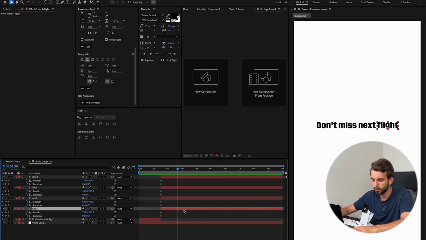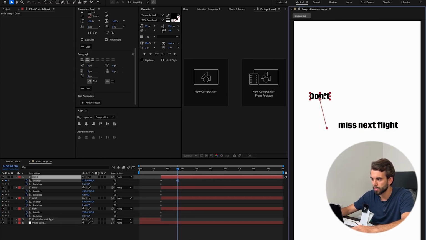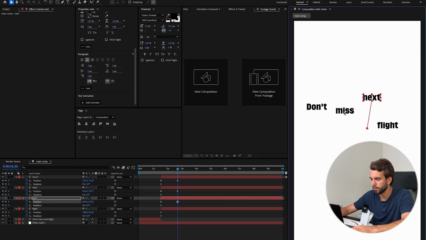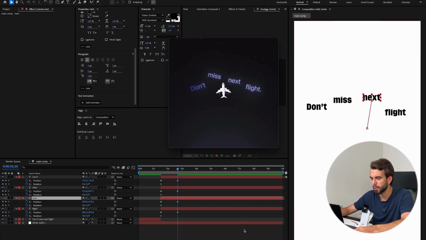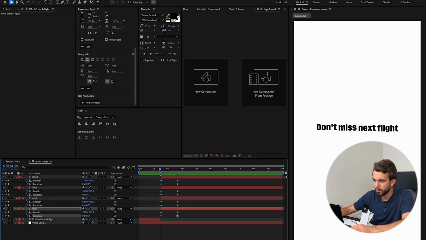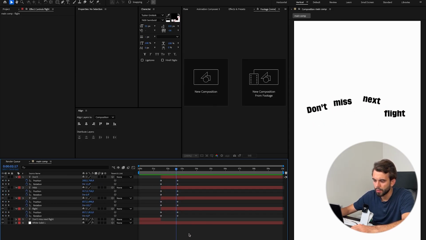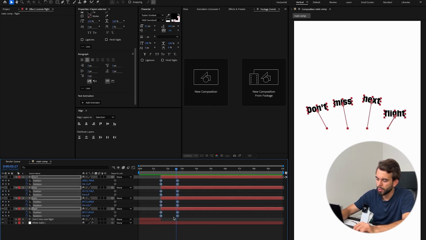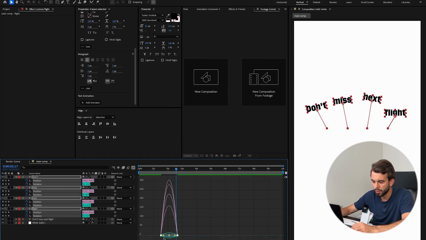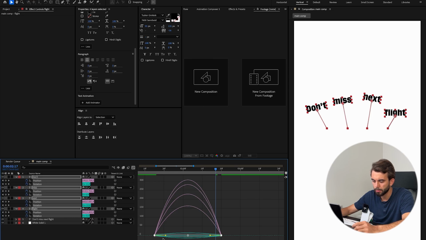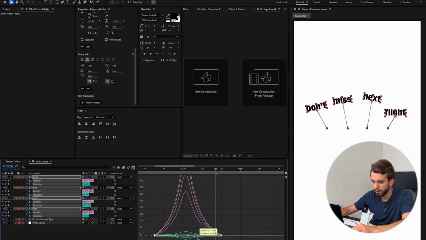Now I'm going to just, for example, click on this one, drag it here, something like this, and we just need to change the rotation slightly. So this is what we have. Boom. Great. I'm going to select all the keyframes, press Fn F9, and I'm going to open the graph editor, select all the keyframes, zoom in by pressing Option or Alt on PC, and let's just do it something like